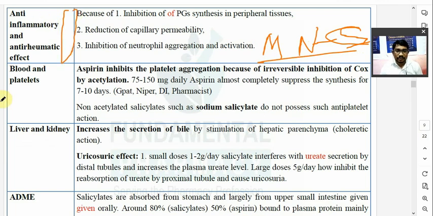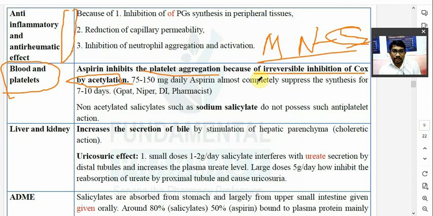Next, what is the effect of these salicylates on the blood platelets or hematopoietic system? So aspirin inhibits platelet aggregation. What does aspirin do? It inhibits platelet aggregation by inhibiting the COX in the platelet. It is an irreversible inhibitor of COX. It acetylates the COX enzyme, and it inhibits the COX irreversibly in the platelet